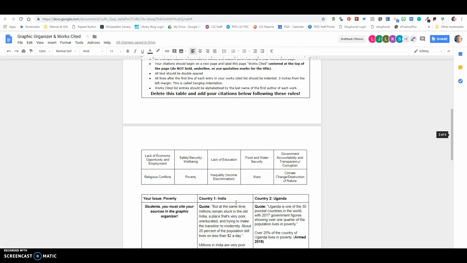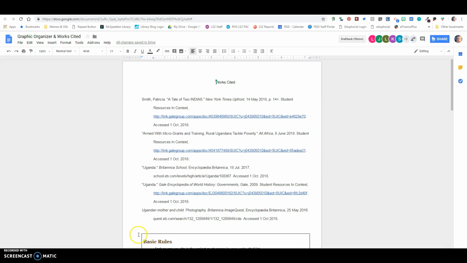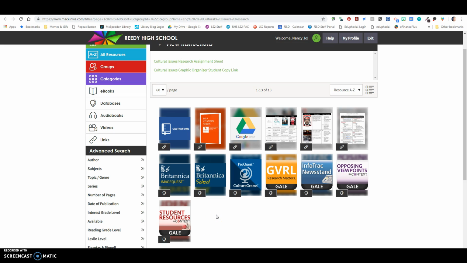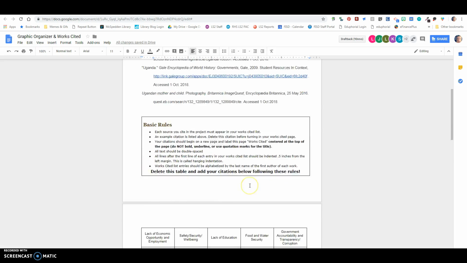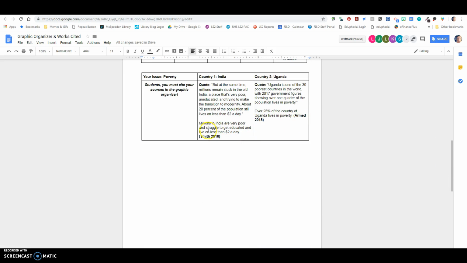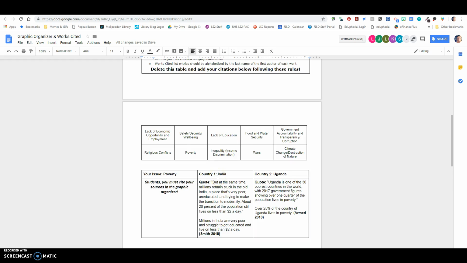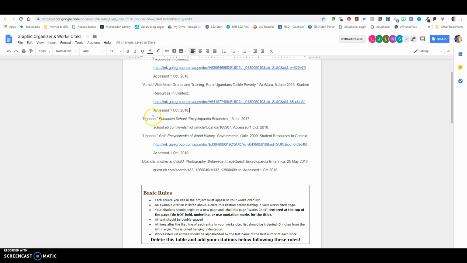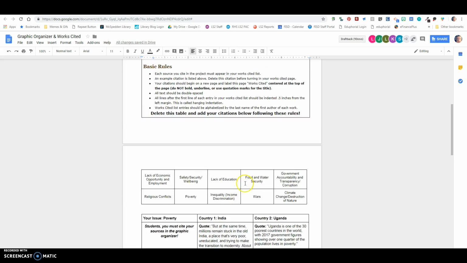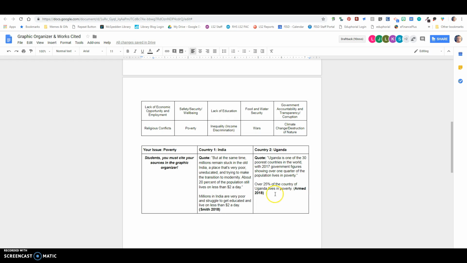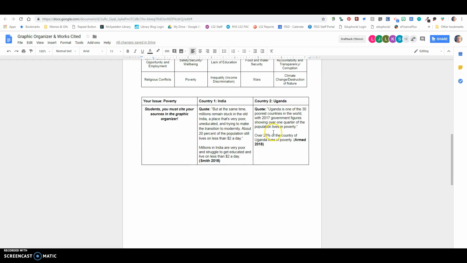As always, if you have questions, you can come see me in the library or email me, lambertin@friscoisd.org, and I'll be happy to help you. Just make sure that you are grabbing those MLA citations and putting them on your graphic organizer. The other thing I want to remind you is you need to cite your sources here so that your teachers know where that information came from. So you're going to use the first word and the year of that source there in order to cite it right there in parentheses, okay? You don't have to bold it like I did, but